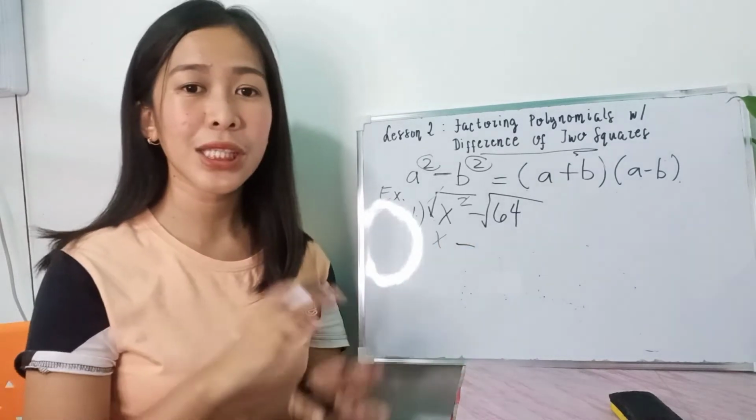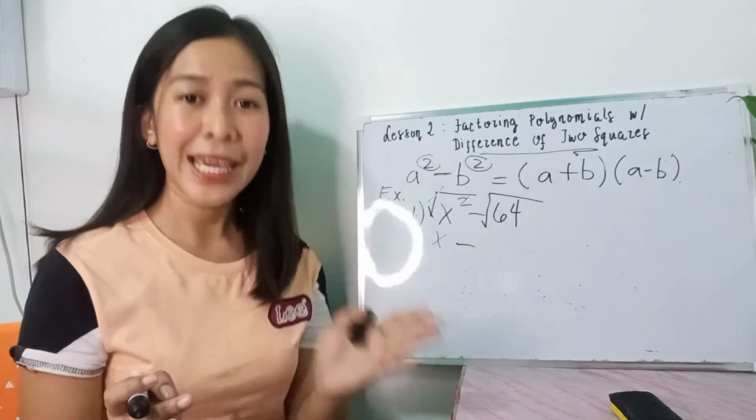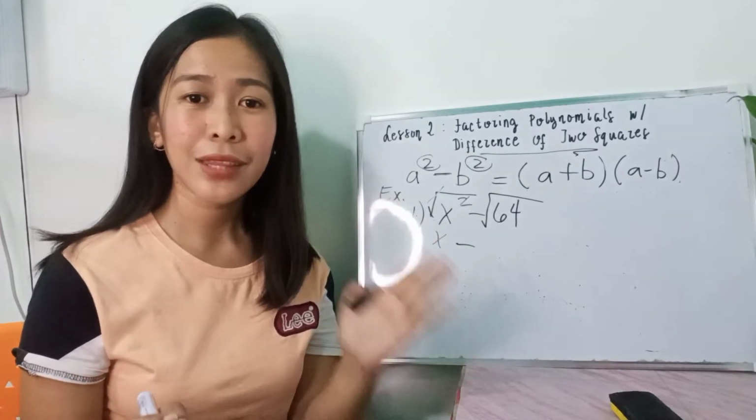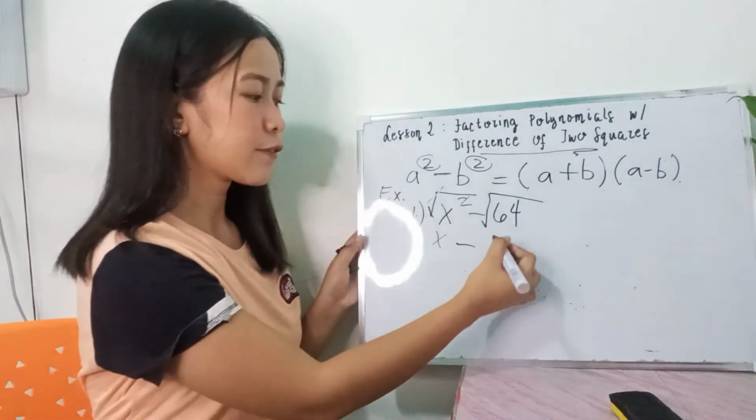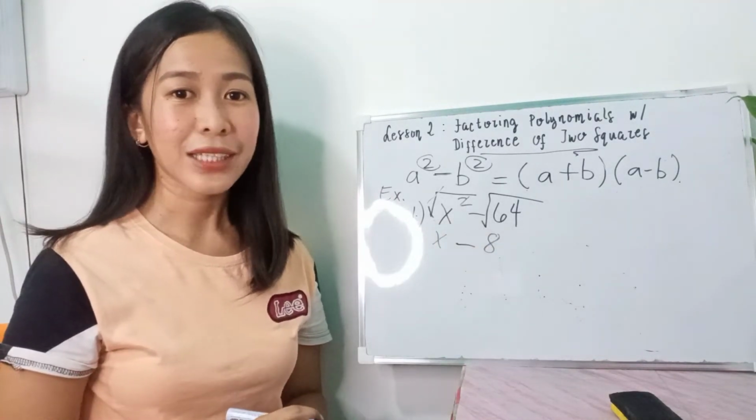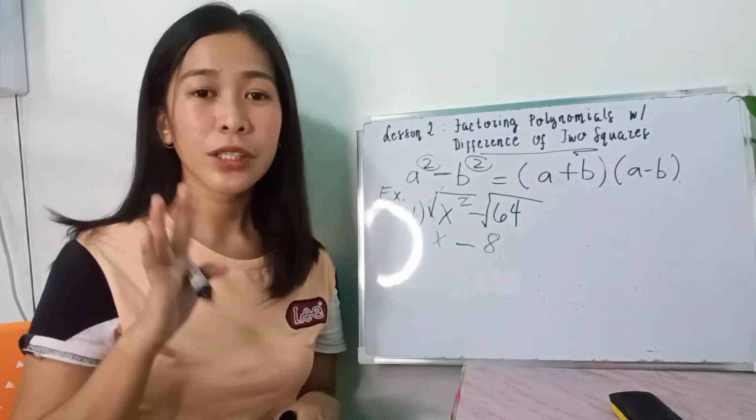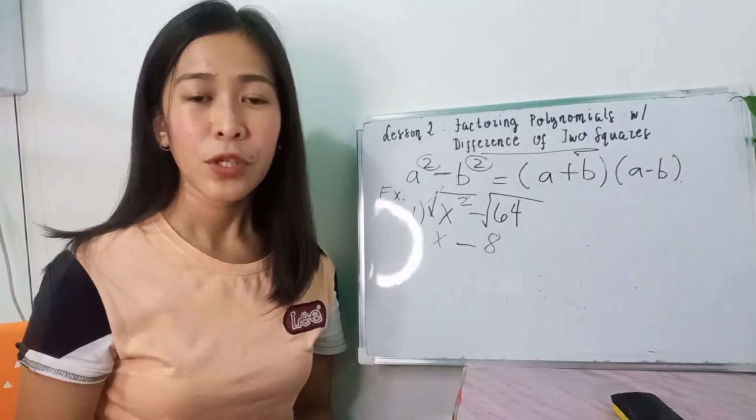So, 64 is the answer when we double 8, right? Because 8 times 8 is 64. Therefore, the square root of 64 is, of course, 8. Alright? And then right after that, for step 2 or the final step, you are just going to write